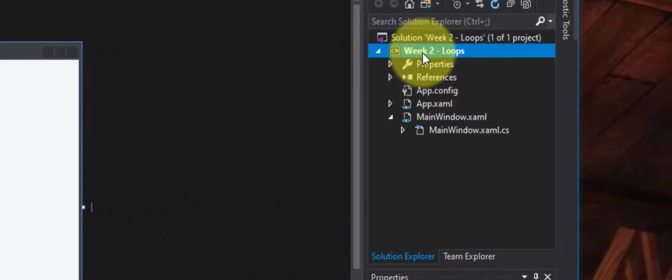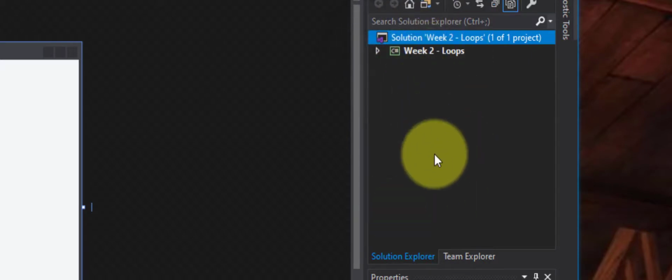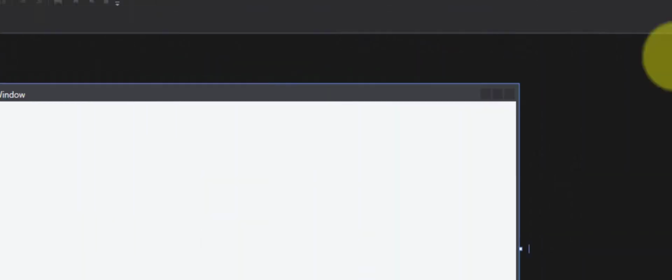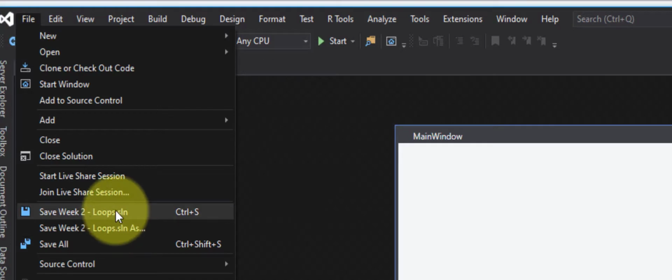I'm not saving everything in my solution here, because you can have many programs in one solution. So if I wanted to save everything, all the programs that I can put in here, I want to select the solution first, then hit Control S, or select the solution, go here to File, and then go here to Save. And you can see it says Save Week 2